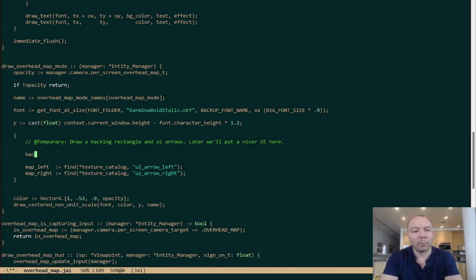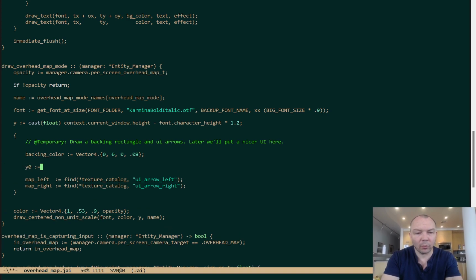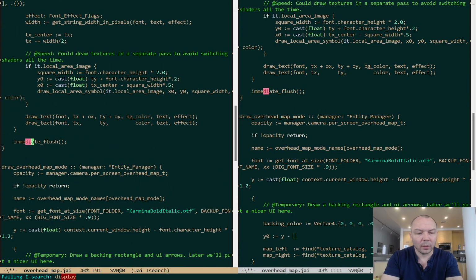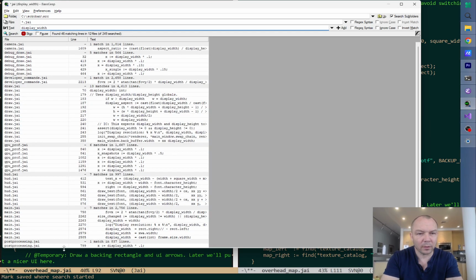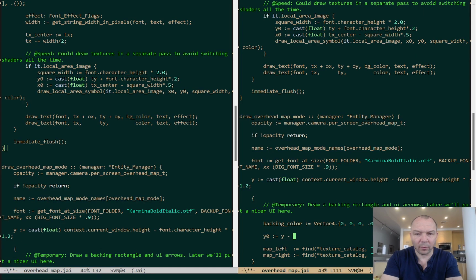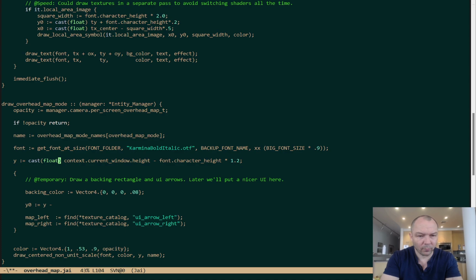Okay, so backing color is Vector4, so it's going to be 0, 0, 0, 0.8. I don't know. Okay, so y0, we were using display width. Let's use that consistently instead of the window. Display height. Display